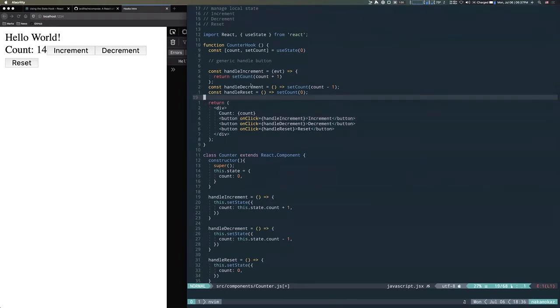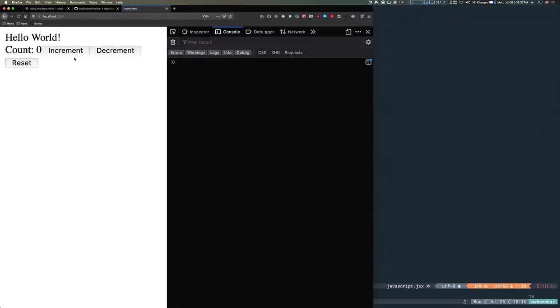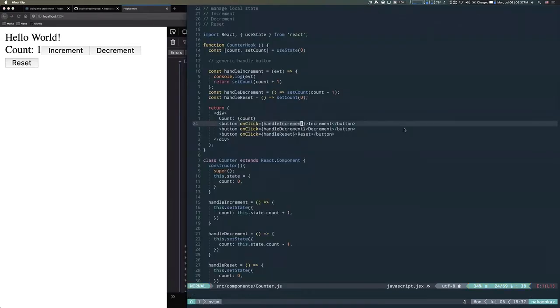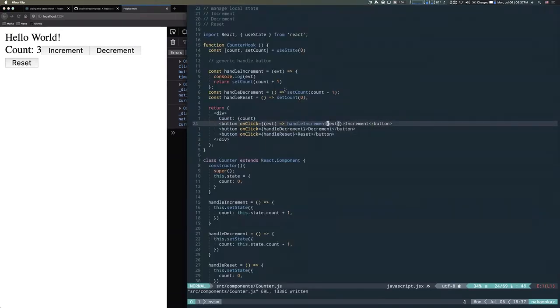So I can actually, let's quickly go over that. I can console log that event because remember this is implicitly being invoked. So we have the event object in here. This is the same way as writing it like this, where I actually produce the function like how we did earlier, and I grab the event out of that function and I make sure it's invoked with that event. The same thing as saying that. But by implicitly passing it in like this, we're just skipping that arrow function. So yes, you will have access to the event